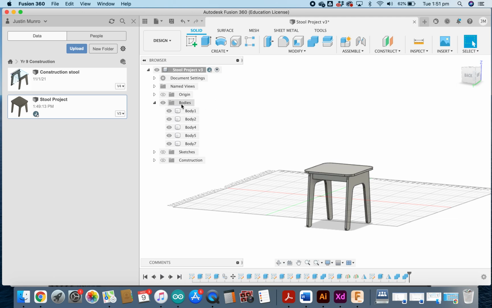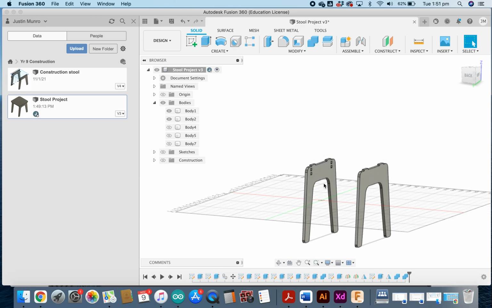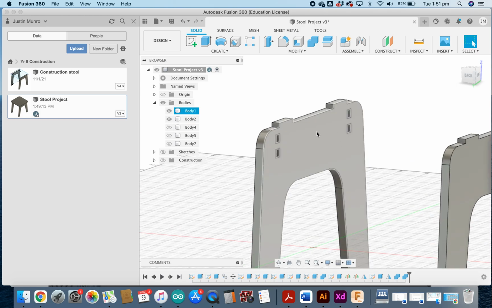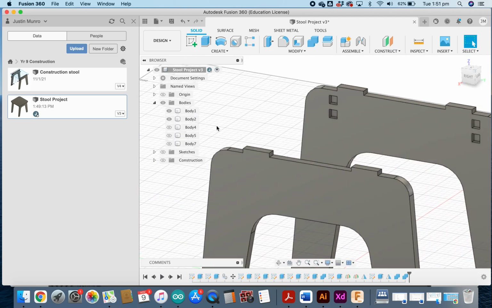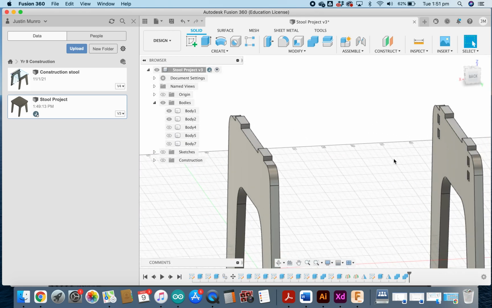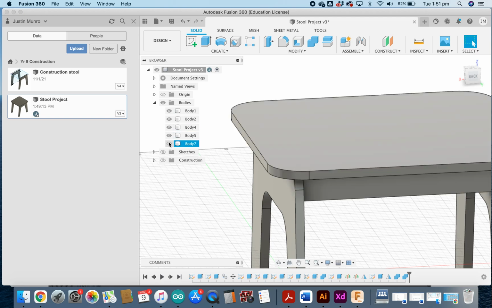So, if we come over here to where our bodies are, just a quick recap, in the last lesson, we looked at making sure that our legs and our rails are rebated so that the notches can slide inside from the rails, and the top is rebated so that our legs can slide in from the top, and no screws will be needed in the manufacturing of this project. So with that complete now, we want to turn all our bodies on,